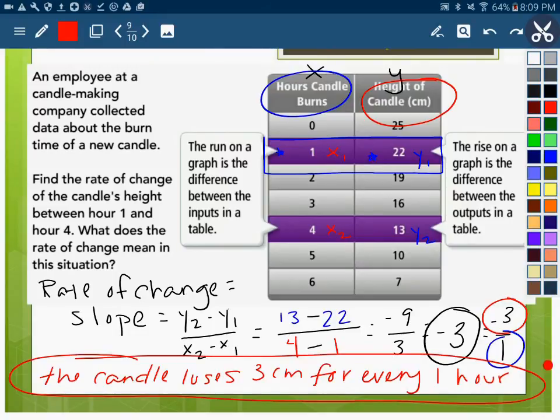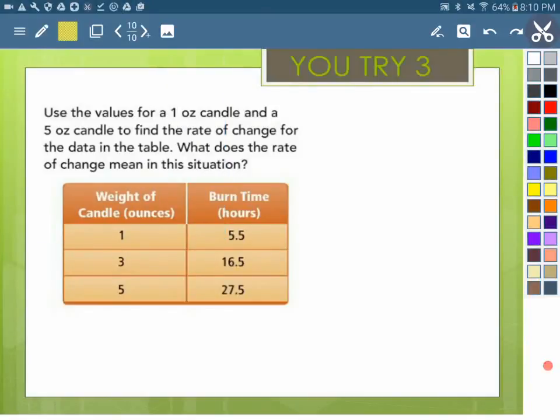So when it says find the rate of change of the candle's height between hour 1 and hour 4, we did that. The rate of change is negative 3 centimeters for every hour between hour 1 and hour 4. In fact, this rate of change would be the same no matter what 2 points you decided to do the slope formula in. The way I would